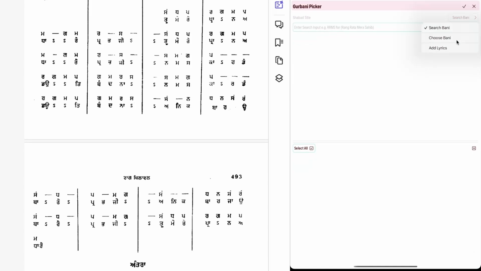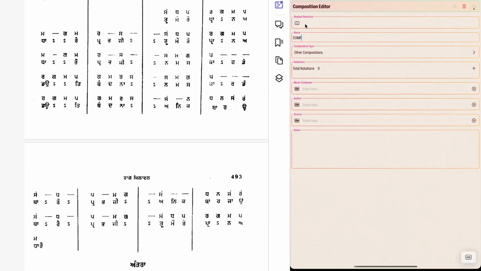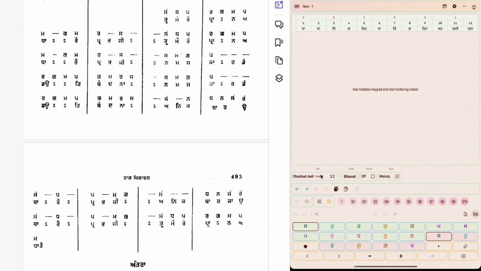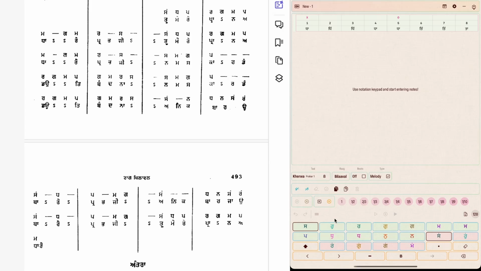I'll use the lyrics test composition. Now there is no title, so I can use the title composition, and I'll say Shabad. Just put something for now. Testing. So I'll use a simple Kaharva. Then